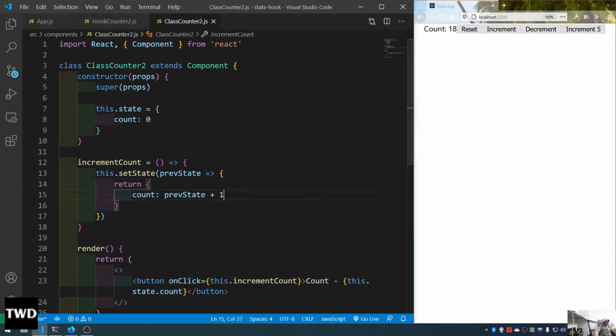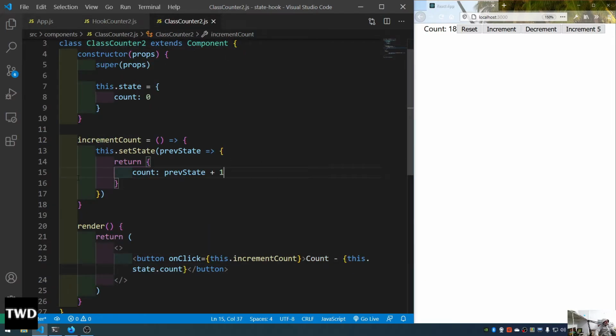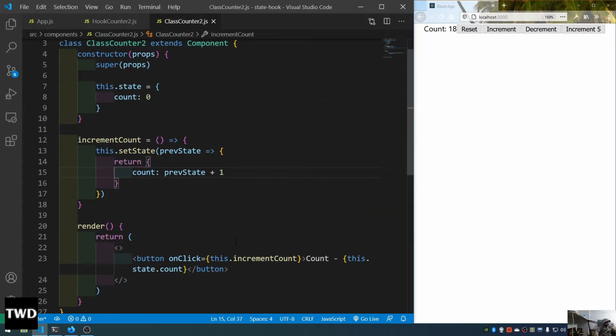Maybe you can think of it as the equivalent code of your increment function, increment prevCount plus 1. So this is so complicated, and this one was so easy. So this is the equivalent code. I'm not going to use it. This is the equivalent code, and we have learned it very well when we did the class based component. So now we will